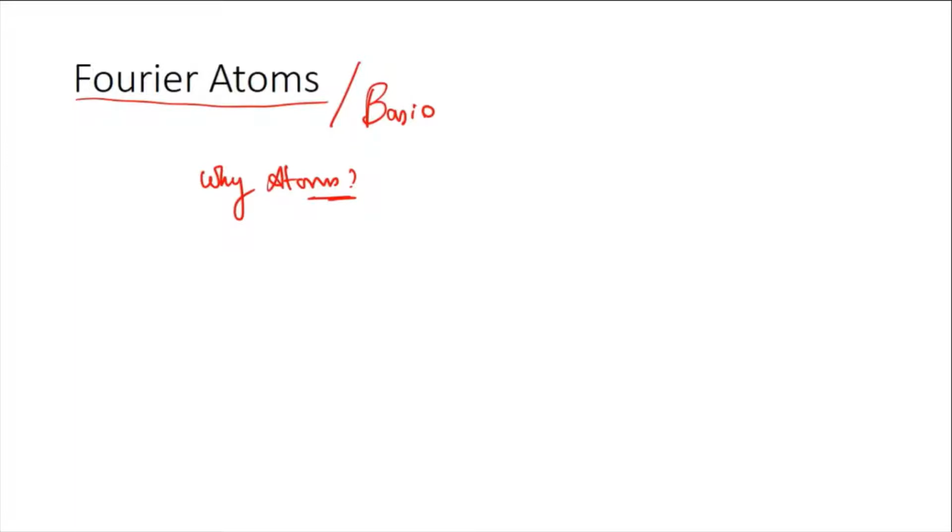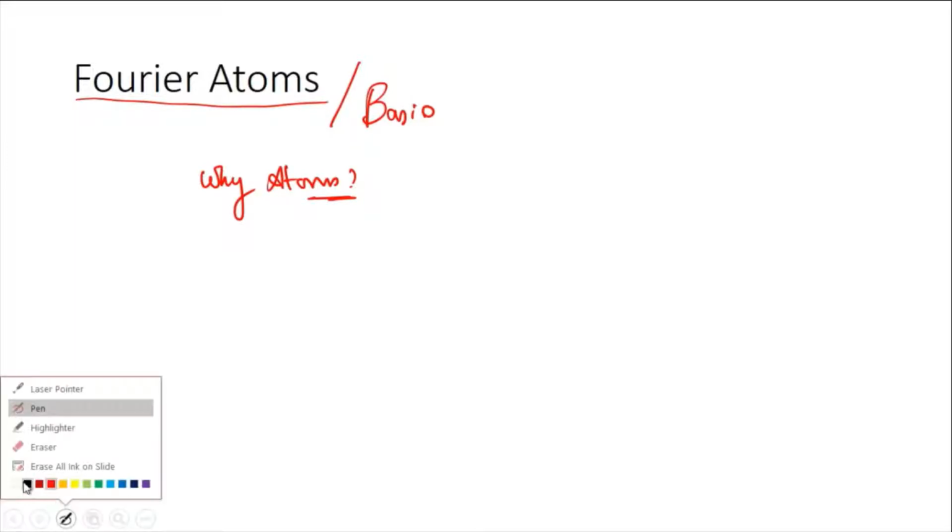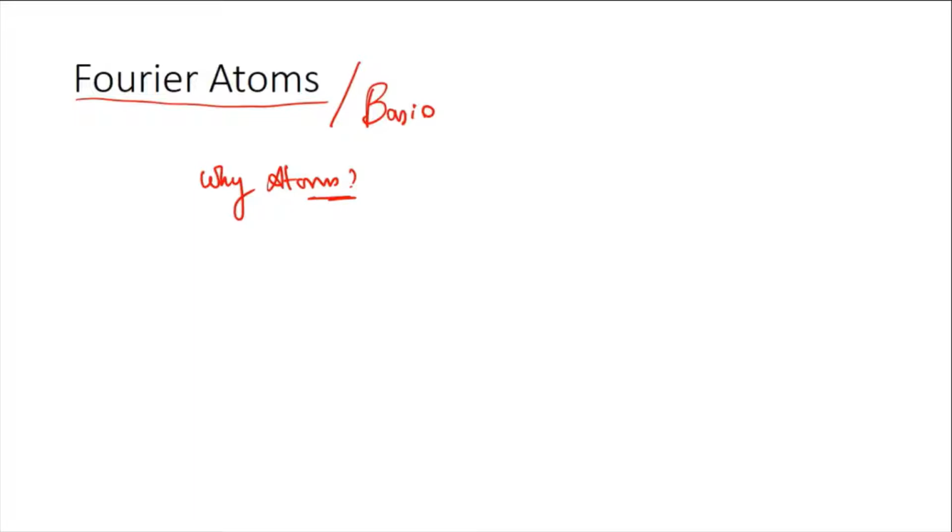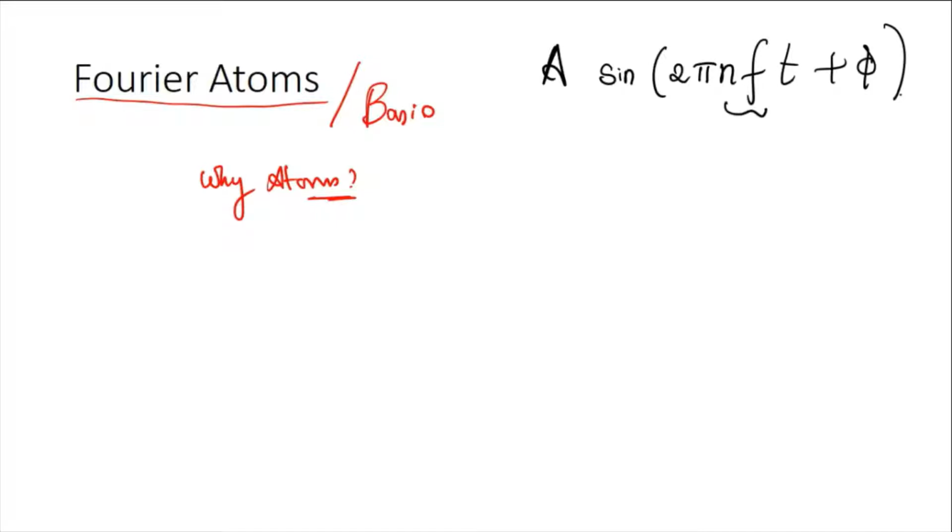Now, let's look at these Fourier atoms. The Fourier atoms are A times sine of 2 pi n times f times t plus phi. This is the frequency of the sine wave, and this is the phase, and this is the